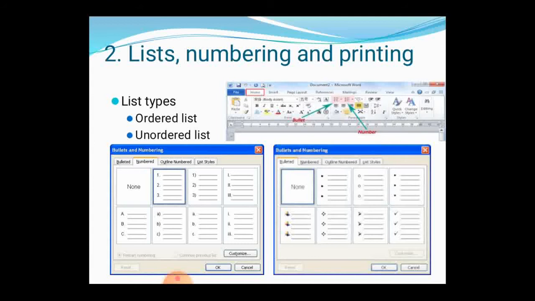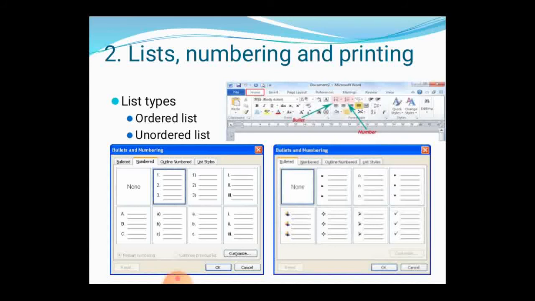An ordered list is given in a proper number format, either by numbers, letters, alphanumeric methods, or Roman numerals. Everything that can be added in an ordered format is called an ordered list.